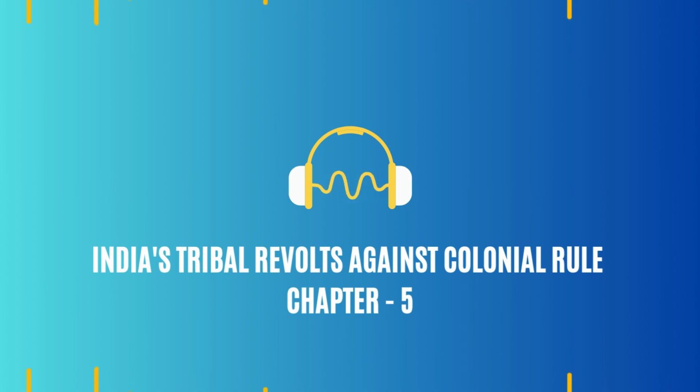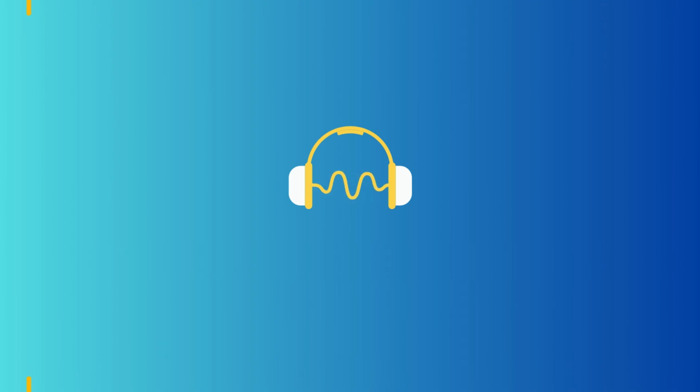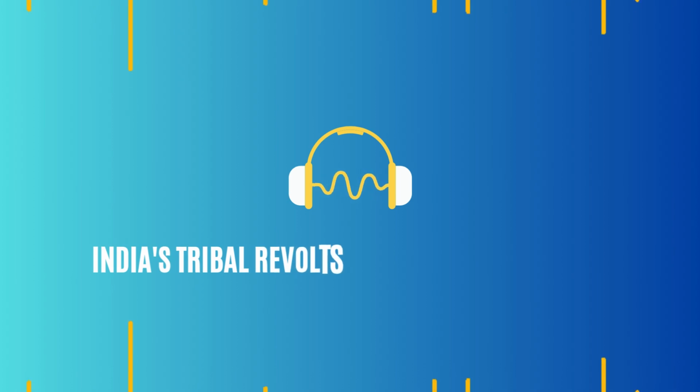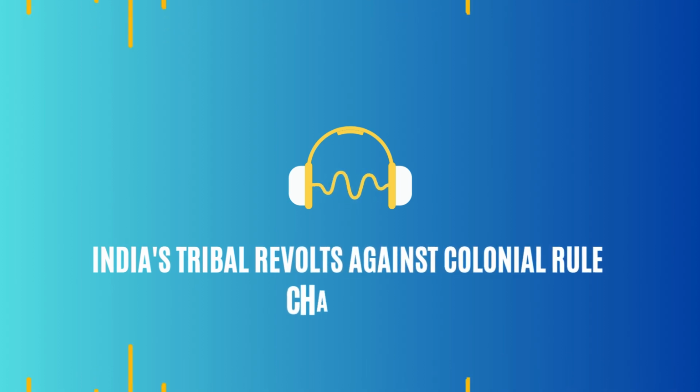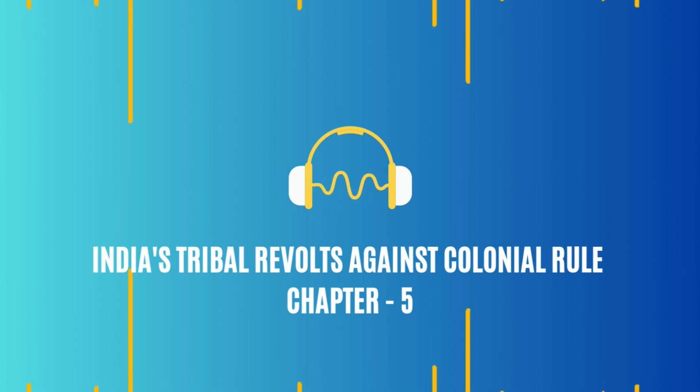How so? Seems like a system for stability would do the opposite. It's ironic, isn't it? The permanent settlement recognized zamindars as the legal owners of the land, gave them hereditary rights over huge estates. A lot of these zamindars were outsiders, moneylenders, merchants, speculators. They saw the Santhals and their land as a way to get rich. So the Santhals were at the mercy of these new landlords. Exactly. They had to pay crazy taxes, often losing their land if they couldn't pay. And to make things worse, the British legal system didn't protect the Santhals. They became more and more marginalized and powerless. A system designed to fail them. You could say that. It was just a matter of time before things blew up, and they did.